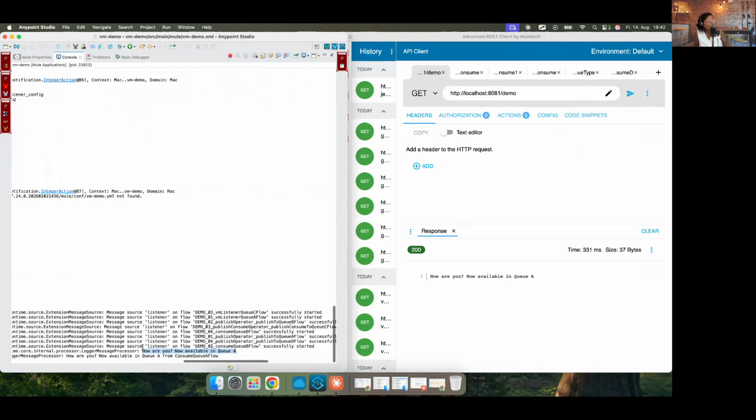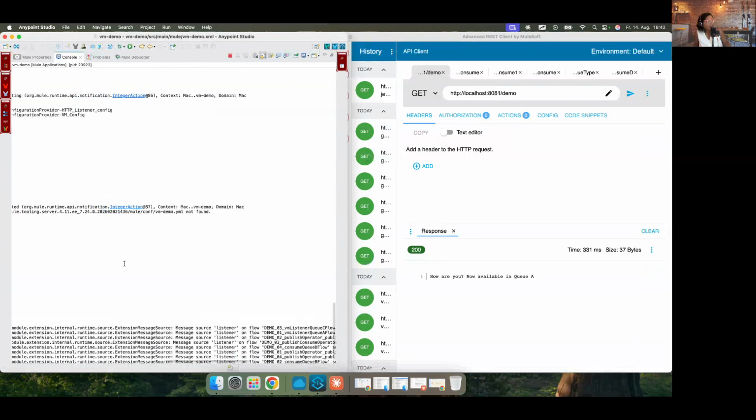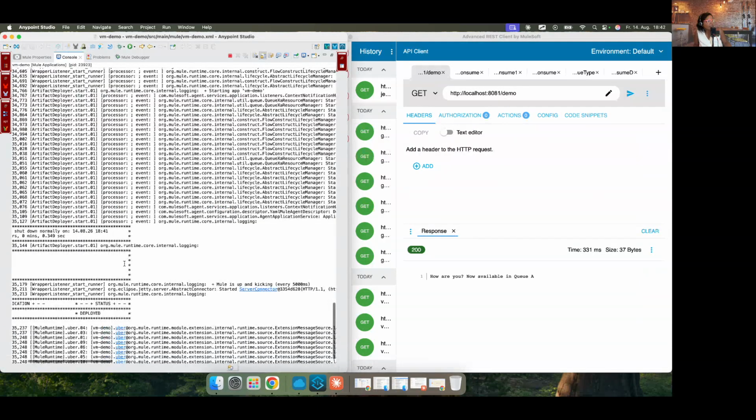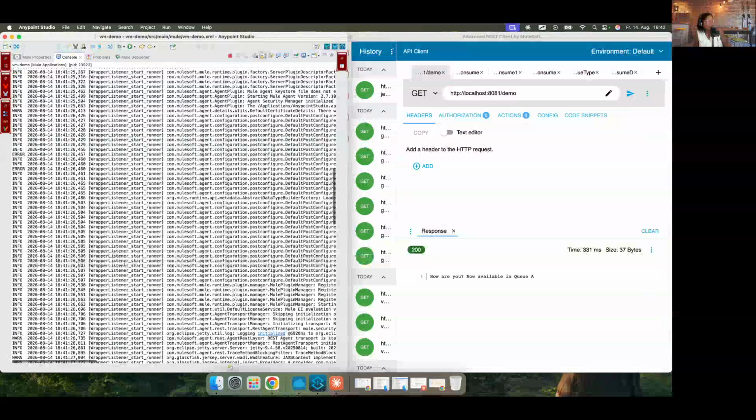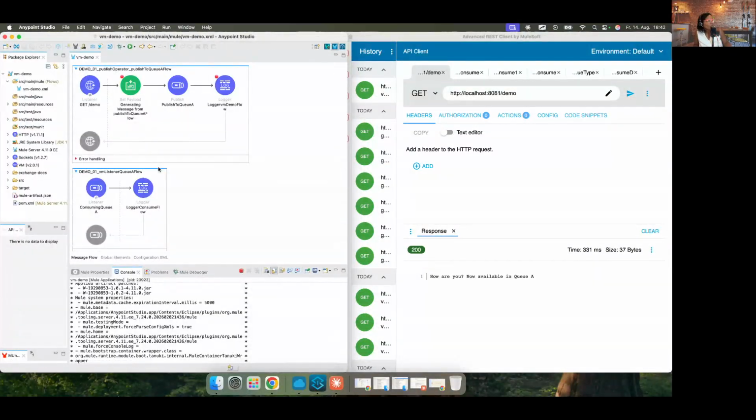And we also have information from the second logger, which is how are you now available in QA from consume QA flow. Okay, and yes, with it we have seen the demo 01 publish operator.